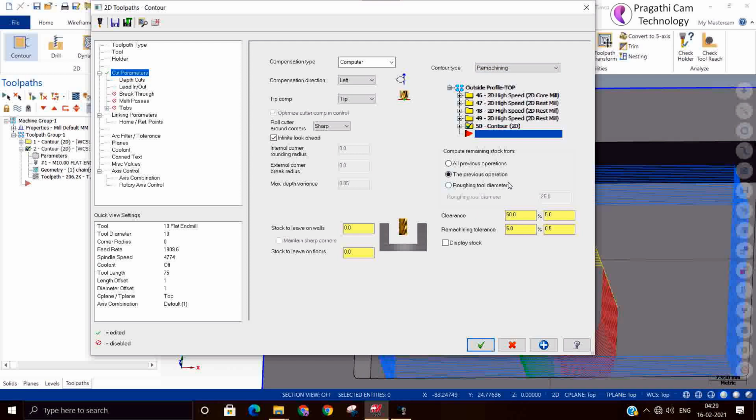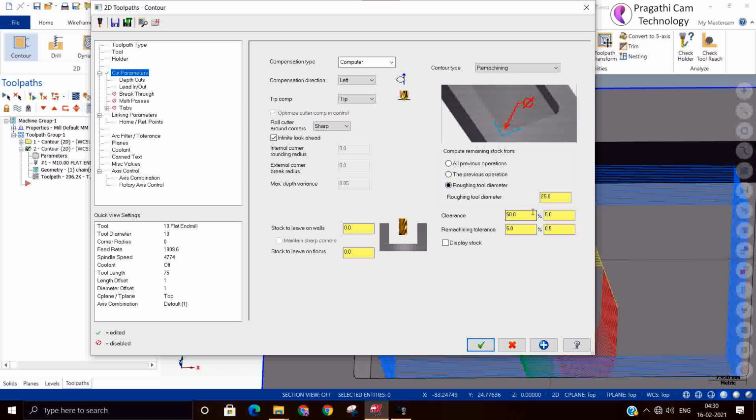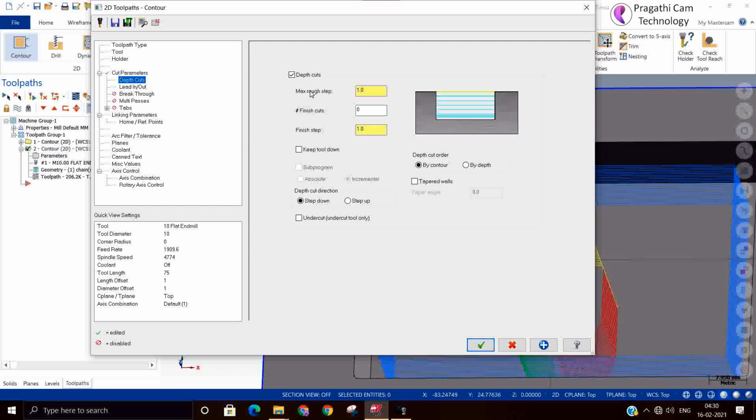Whatever you want, you can give. So I am giving a tool diameter 5 here. Depth of cut I will reduce because we are going to use a delicate tool. So we'll keep 0.2 mm.